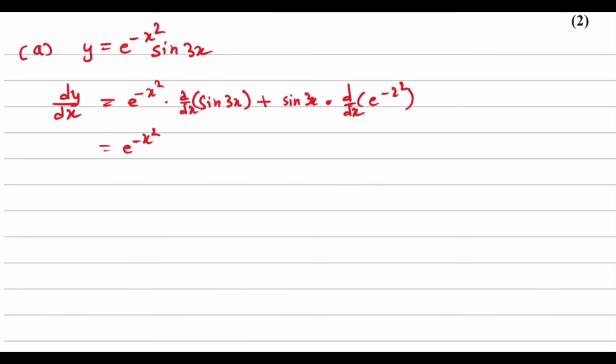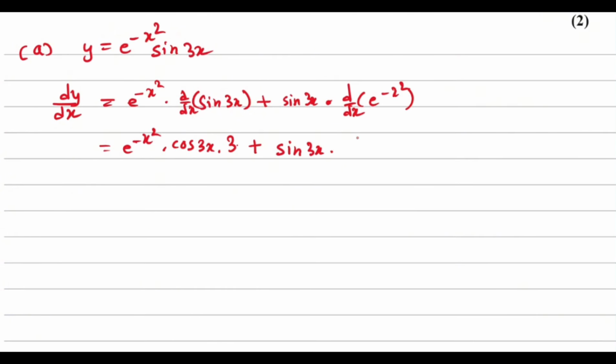Simplifying this, we get that the differentiation of sine 3x would be cos 3x into 3 plus sine 3x